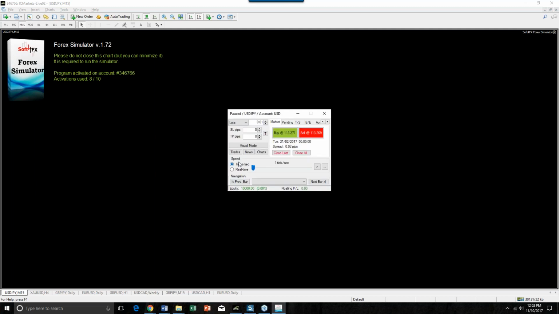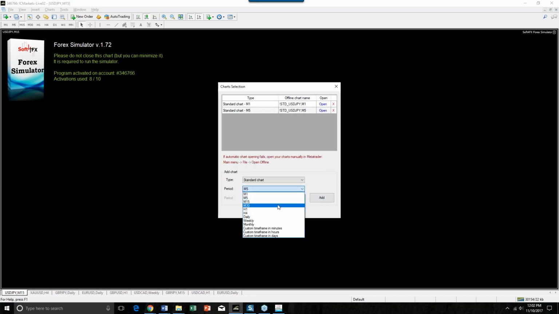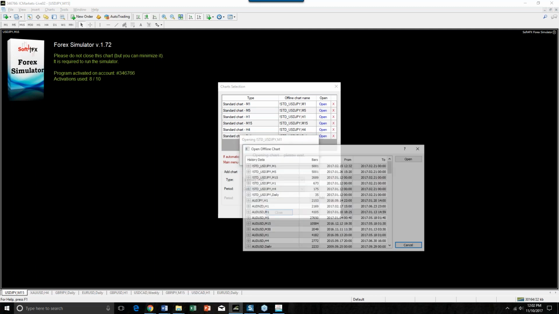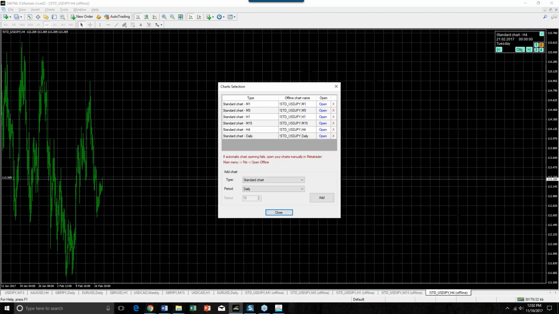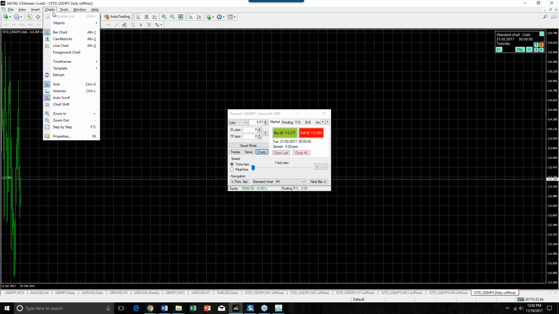We should be good. Okay, so now once again, when you're in this, you have to create charts, right? So we have to open up some charts. So let's open up the 1 minute. I always like that. 5 minute, sure, we'll do that. The 1 hour, oh, yeah, let's do 15. The 4 hour, and let's do the daily. Now, I'm opening up all these charts. I don't want you to feel that you need to have all these charts open all the time. What I'm trying to do here is